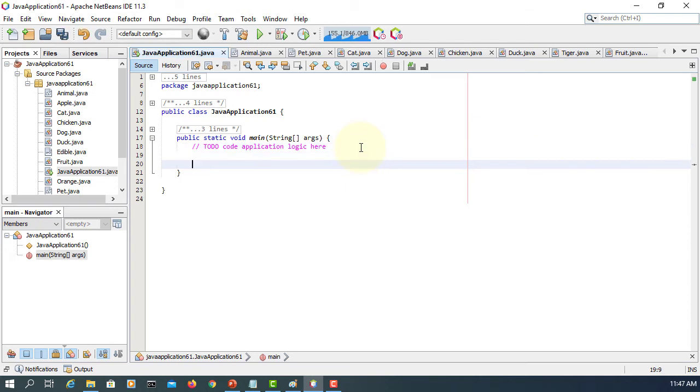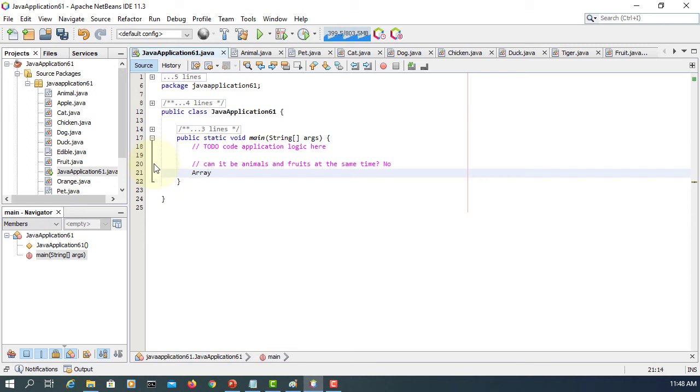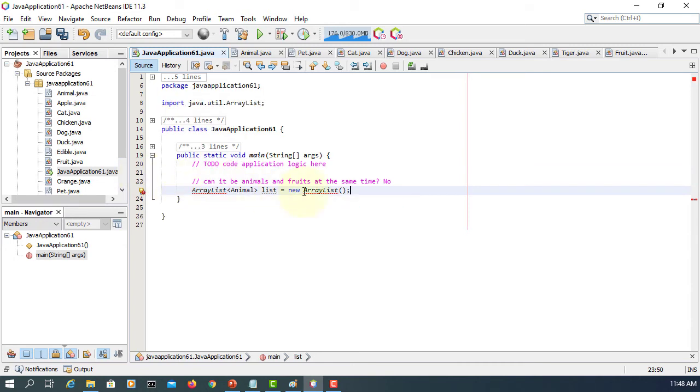We are going to deal with multiple objects, maybe two different types of objects. One is animal, one is fruit. So an ArrayList, the question here is the class type can be Animal. Then that will be the same as an animal. Of course, we can omit it. The question is,